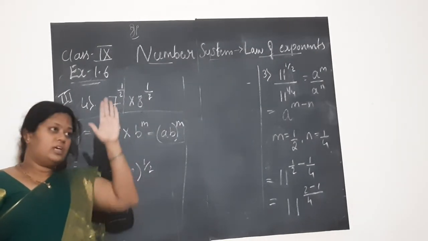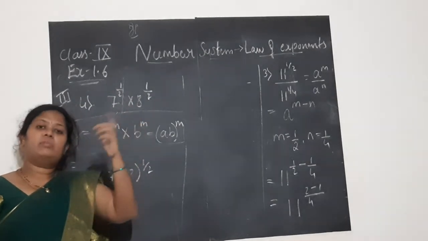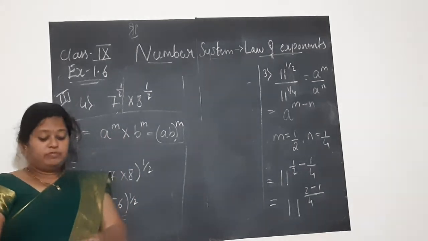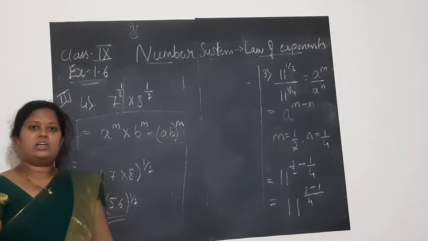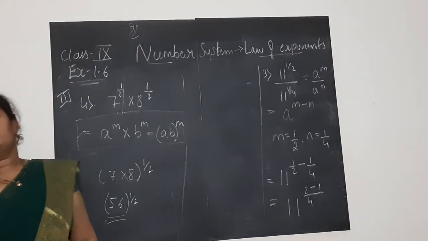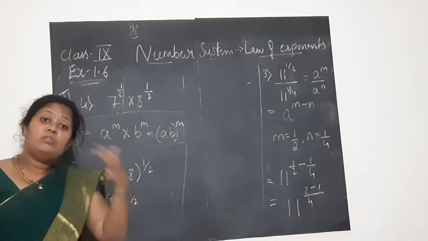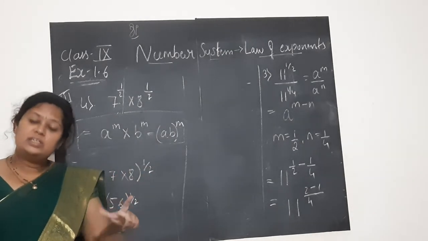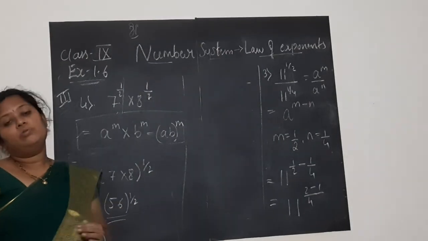Take one double sheet or whatever sheet you are writing, and keep it ready. Write your roll number, name, class, everything, page number, and keep it ready before you get the question paper. As soon as you get the question paper, you can start answering. If you don't use that page, no problem, you can use it for any other subject. It will not be a waste. So don't waste time writing name and roll number once you get the question paper. Why? You have only a span of 45 minutes and the question paper will be of 15 minutes. Practice well and do well in the test.